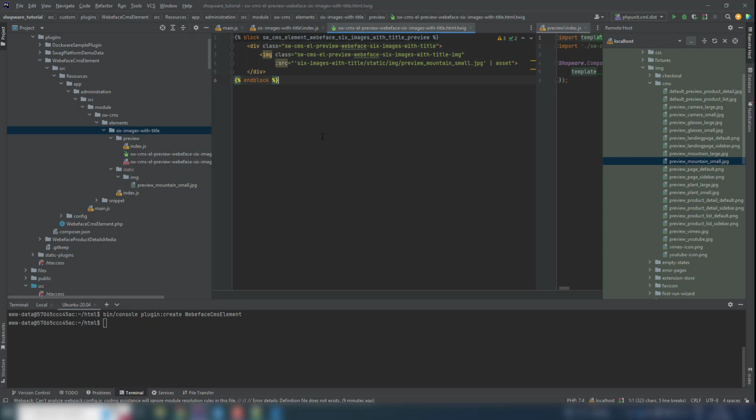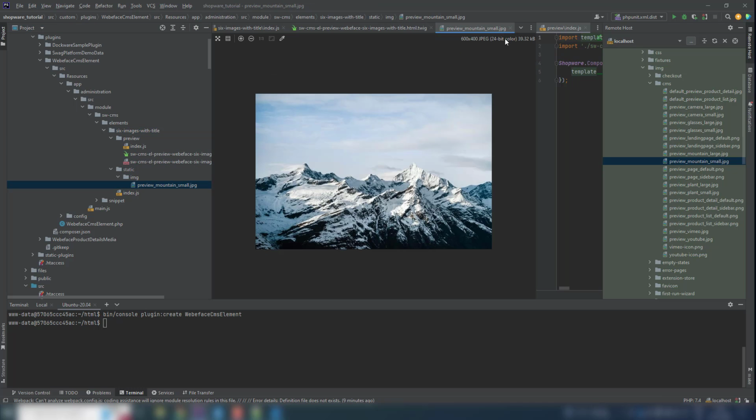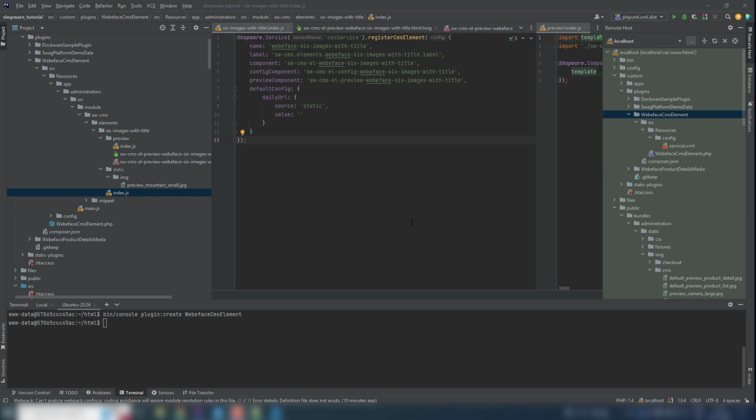Now we have this preview. Just write the element name, static image, the folder, and the image. That's this one. Now I am going to upload my changes to the container, and I check if the preview, just the preview, will work or not. So now I have to change this to